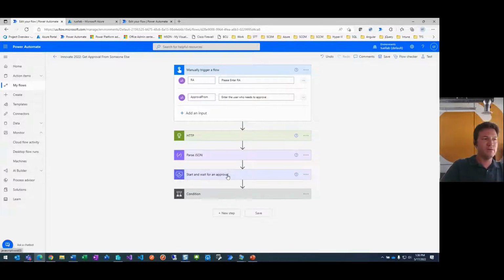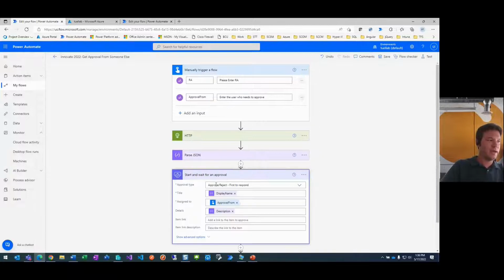And then we do the start and wait for approval. So this is that thing that's kind of native to Power Automate. And you have a type. The title is the display name from that JSON. So the display name of the review activity, who it's assigned to. So that's who I said under approval from. And then the description of the RA, so that those details around that laptop request are in there, as you